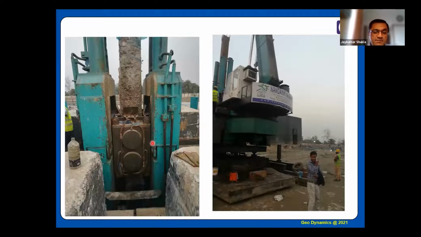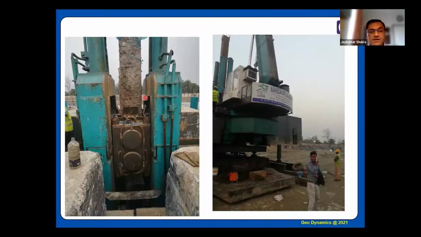And the rig looks like this. This is the main gripping element. This is the pile. Probably this is the arm. And you see, these are the counter blocks. We'll see some good pictures of it. But this mechanism is for gripping. All these things are hydraulic grippers, which will grip the pile and push it into the ground.